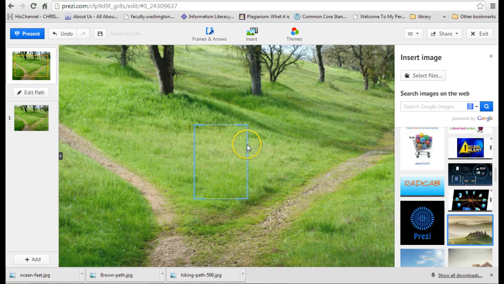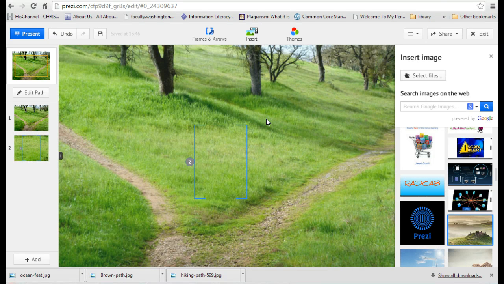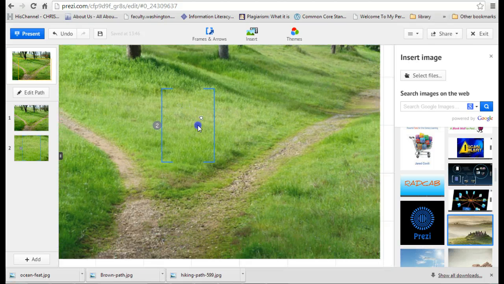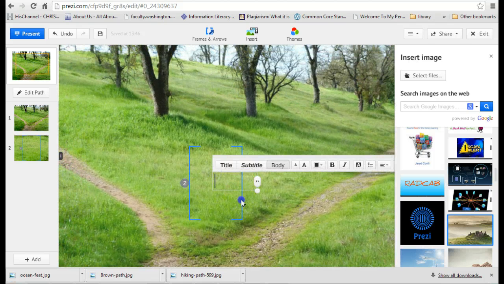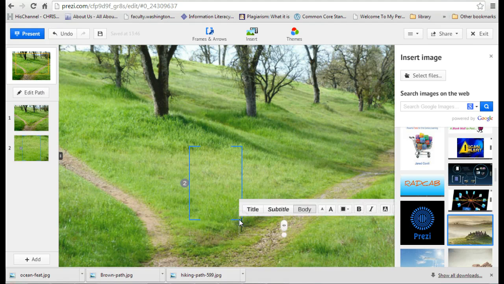And then I'm going to click and draw how I want it and release. I immediately want to add this to the path, so I put my cursor around the outside of the frame, and I right click and I click add to path. Now I know that from the big screen it's going to zoom in here. I can then take and move this frame wherever I want to. You have to click on the outside edge,